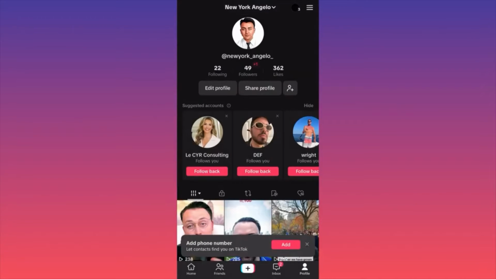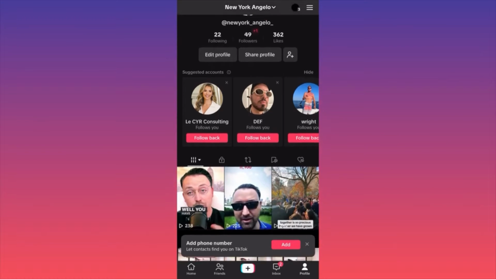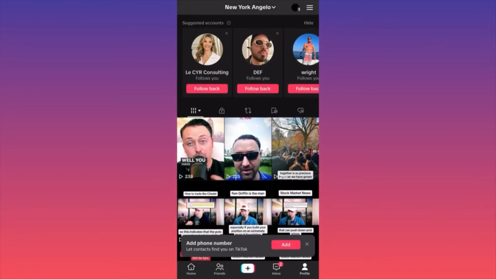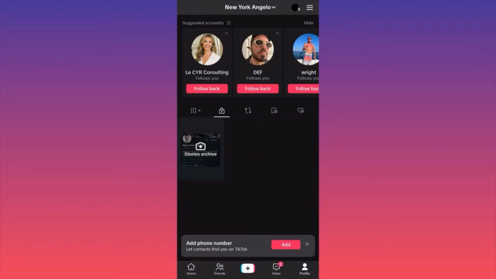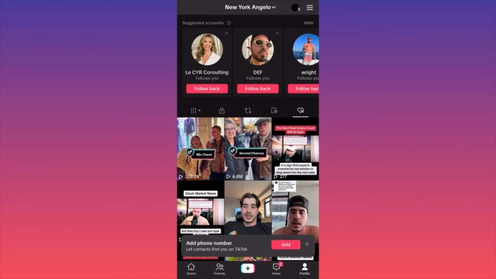Then when you're at your own profile, I want you to focus on the settings above your images, above your content. So the first section of course will be the filter function, filtering the latest post to the most popular one. The second option will be the stories that you saved and they're hidden. The third option will be the videos that you reposted. The fourth option will be sounds, effects, and videos that you actually saved. And guess what? The last option over here will be all the videos that you have liked.